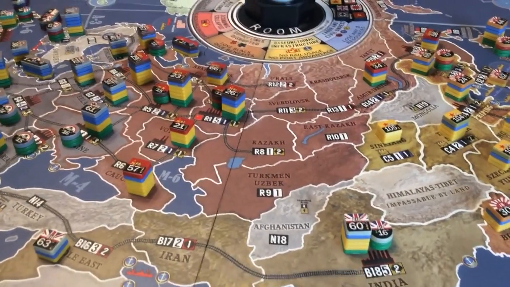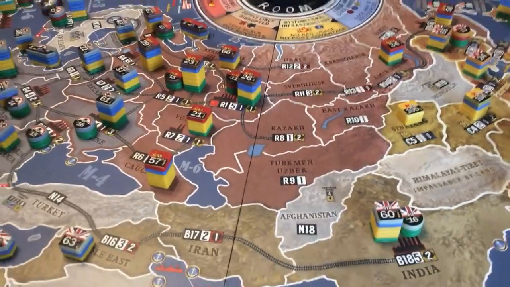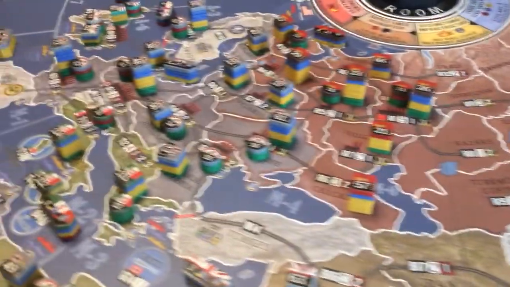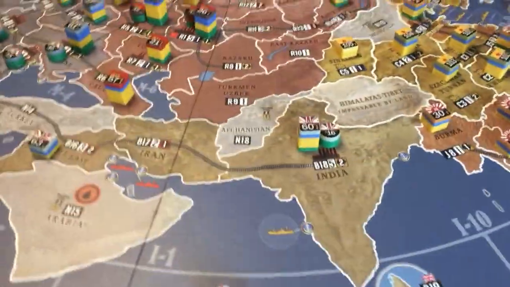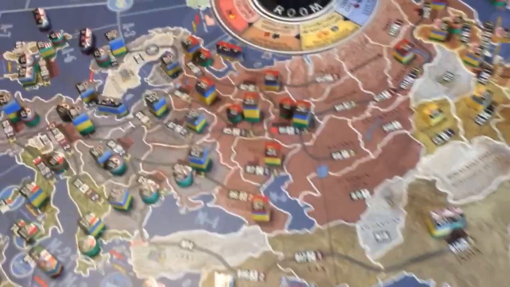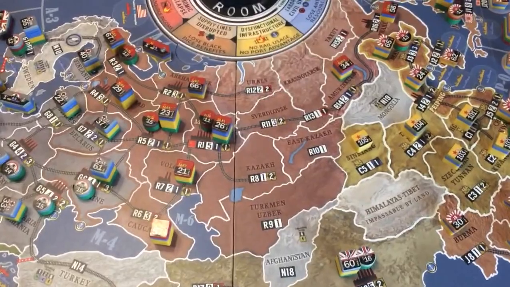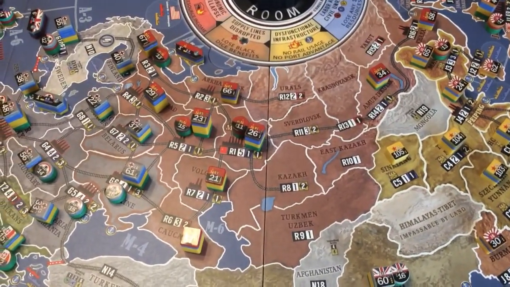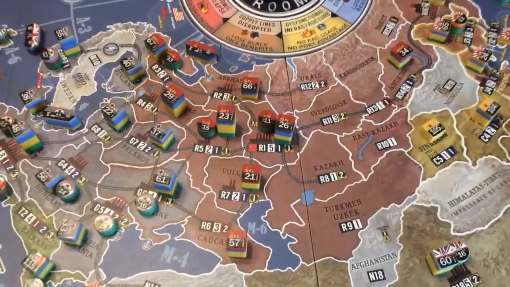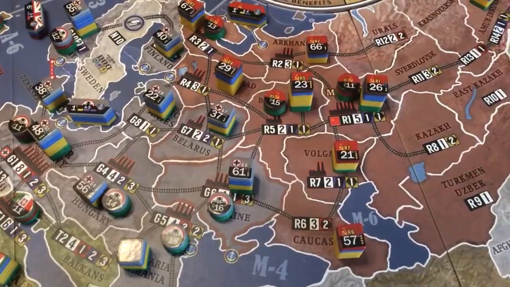This is the third video in the series of opening moves and strategies overview. We've talked about Germany, Italy, and Japan, the Axis powers so far. And now we're moving on to the Allied forces. And we're going to talk about the Soviet Union, which, as we see before us, is primarily concerned with the Germans here on the Eastern Front,